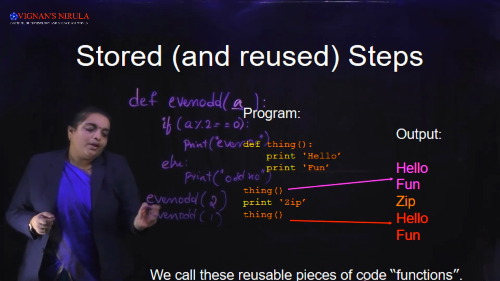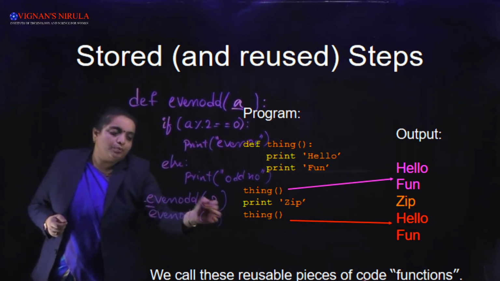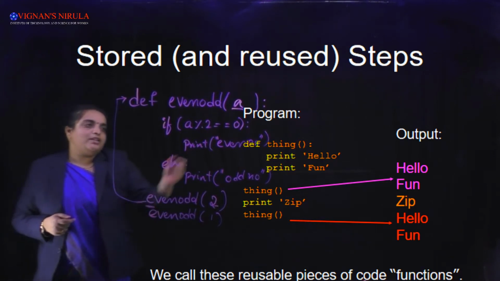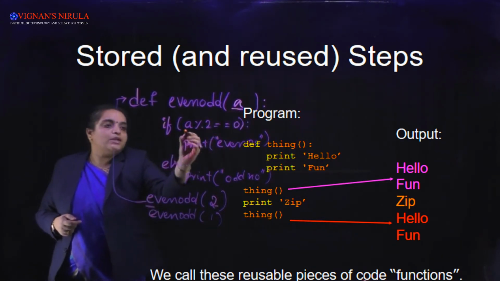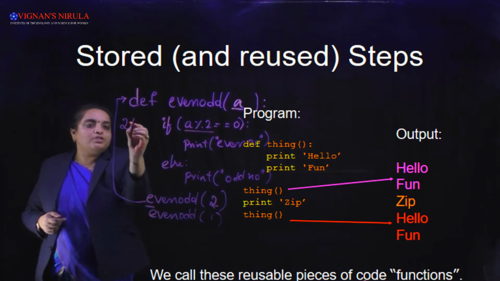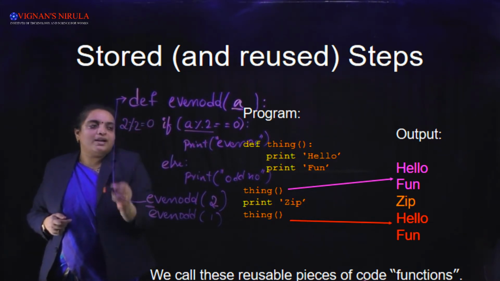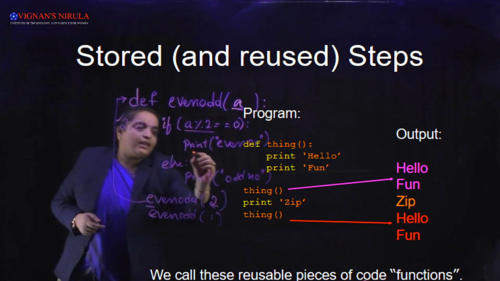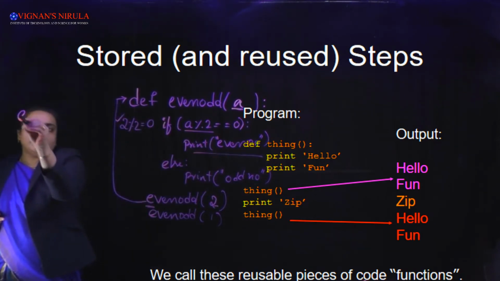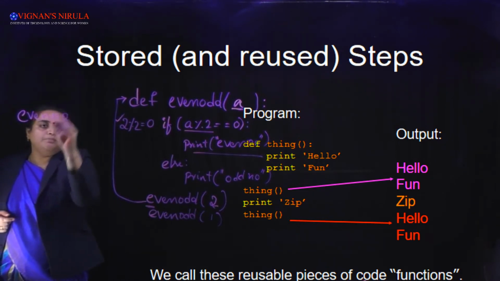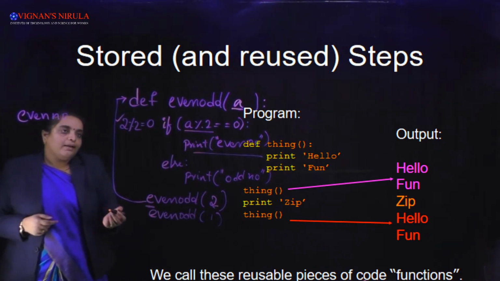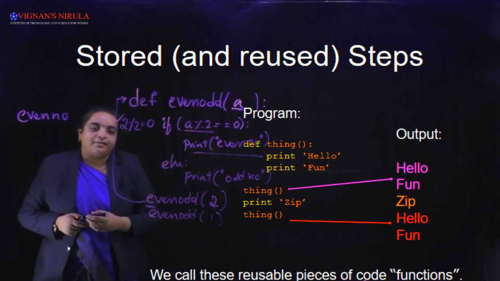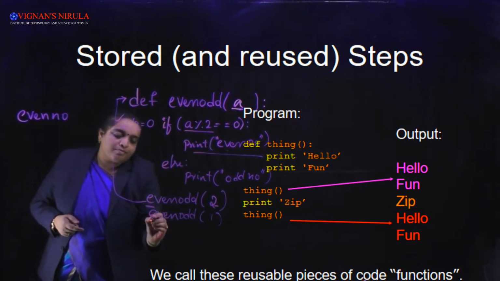It will take the even odd function with input 2. It will move to the function. In this function it will check the a value. The a value is 2. So 2 modulo division by 2 is equal to 0. As it is true, it will print the value that is there, that is even number. Is that clear? Then it will come back and it has already printed it. Then the next statement will be executed.